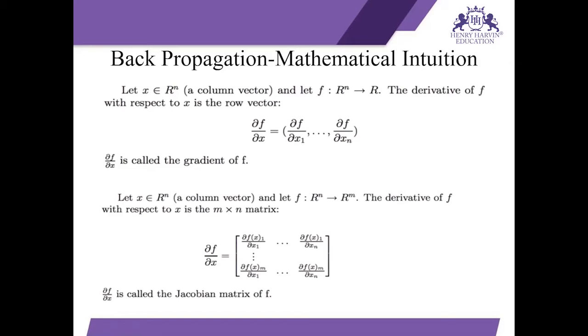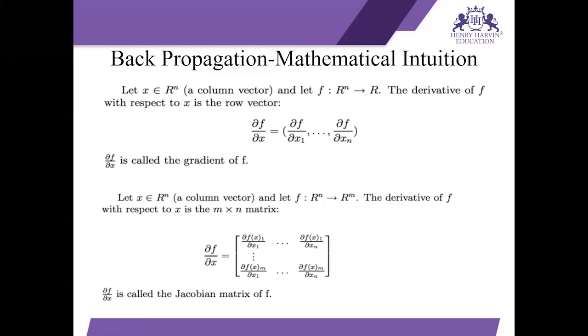However, what is the size of the gradient vector? The size of the gradient vector is the same as the size of your input vector, which is n. So it is an n-dimensional vector. Another thing you have to note here is that our normal vectors are column vectors, so the convention that we follow is that the gradient vector is a row vector. So this was pretty simple.